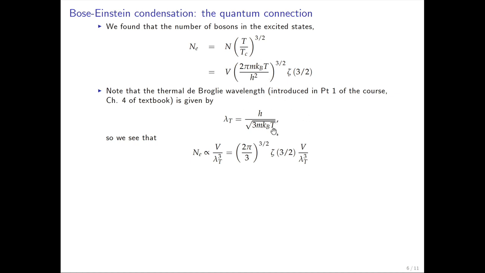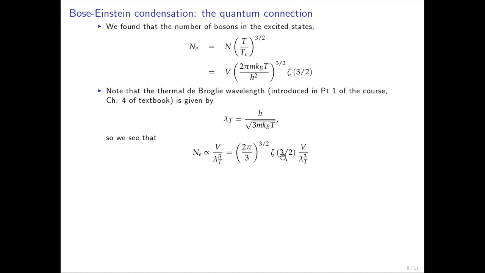So what we see by recognizing that factor is that the number of particles in the excited state, and remember that above Tc, essentially all the particles are in excited states, the ground state doesn't really contribute above Tc. So we can think of this as all the particles basically. Well, we see that the number in the excited state from this is sort of like volume divided by the thermal wavelength of these particles cubed, right? So this is the total volume, and this is kind of like the volume that each particle takes up, right? It's a kind of wavelength of these particles, and so of course we expect the number to be proportional to that,